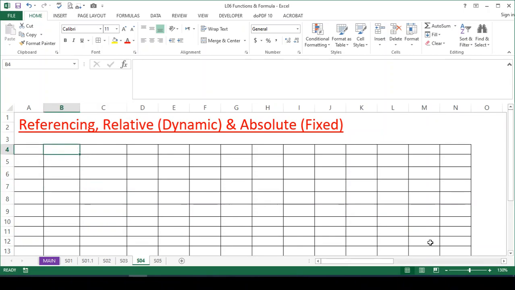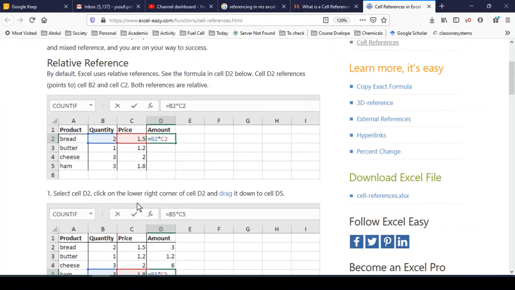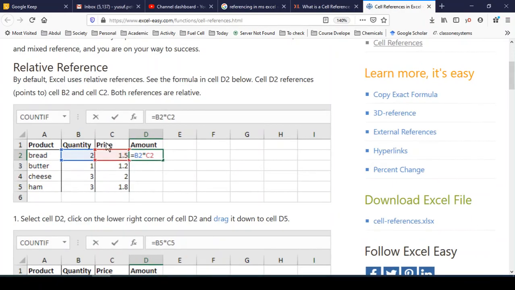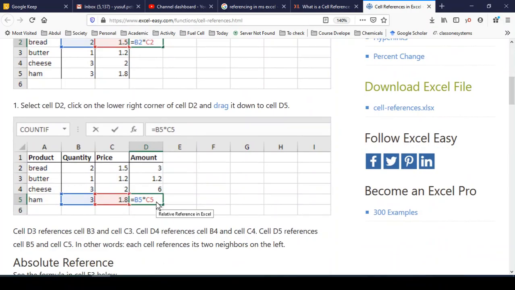Normal calculations can be carried out this way. For example, here they have shown the concept of relative referencing where quantity and price are given. If you multiply B2 and C2, this is a very simple relationship: you multiply the same row's cells from the first and second columns before. If you drag it, or copy and paste it to all the other rows, it will automatically apply the same referencing, the same row but the first and second columns before.